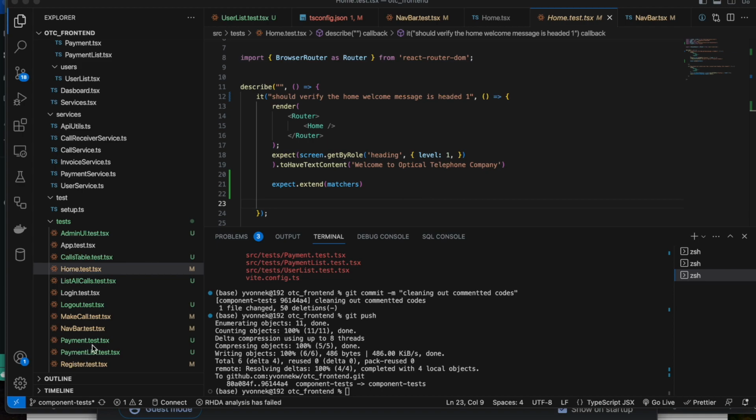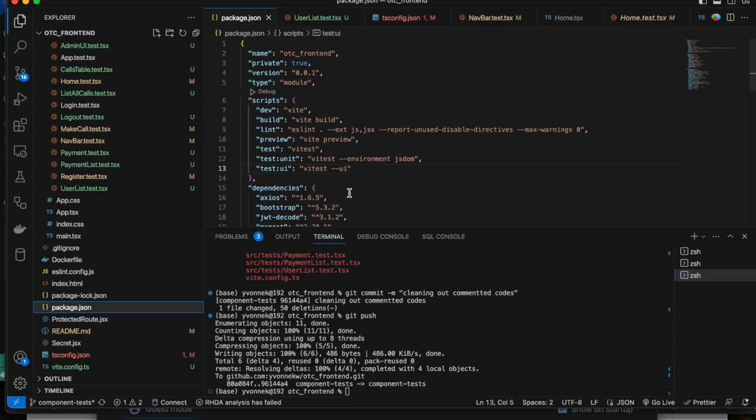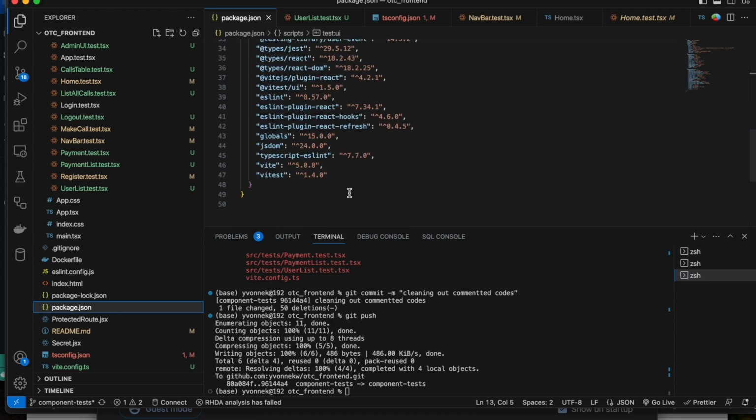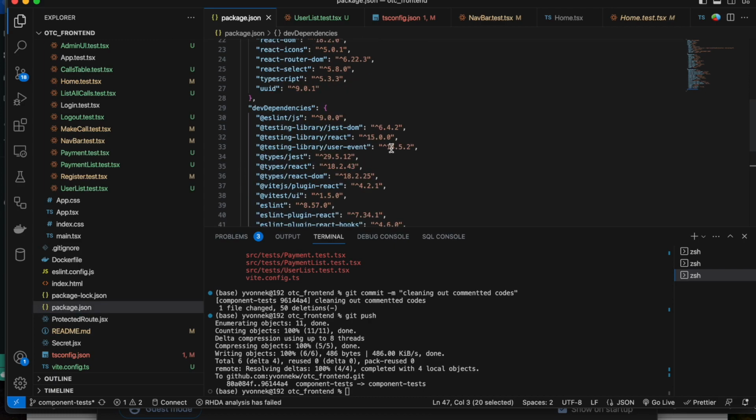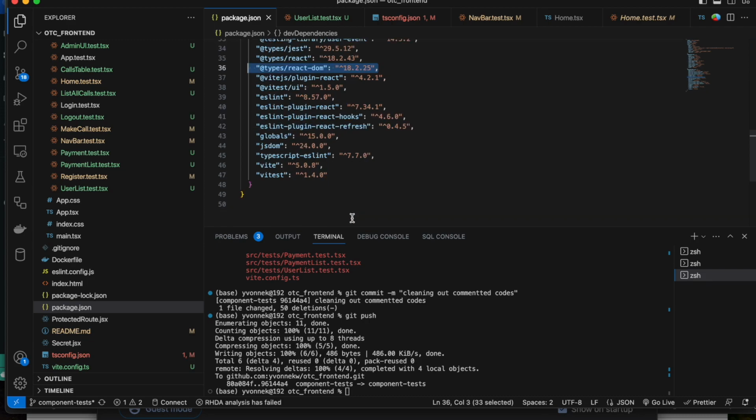For example, if you go to VITEJS, you can follow the instructions on how to install your dependencies for the test. So, for example, I've got these dependencies for testing, this one and React DOM for testing. I followed the instructions, watched videos, and installed these dependencies. And then I'm running